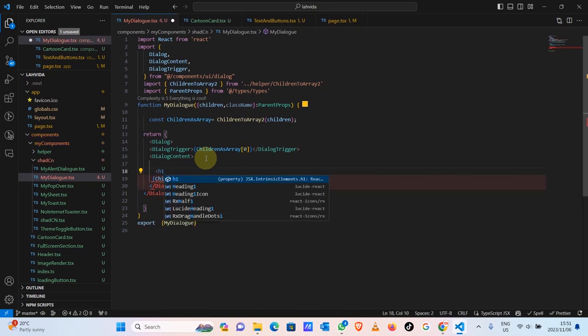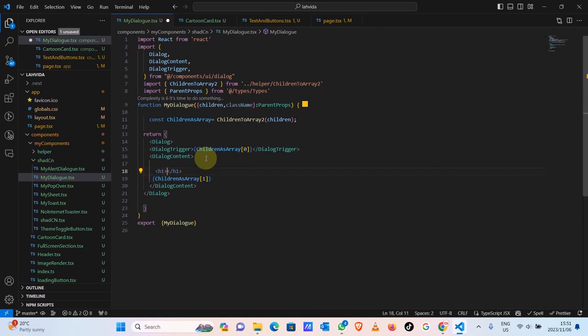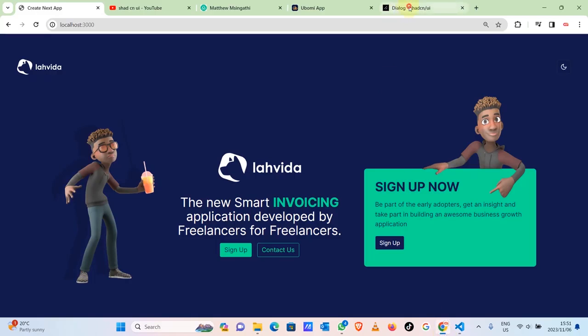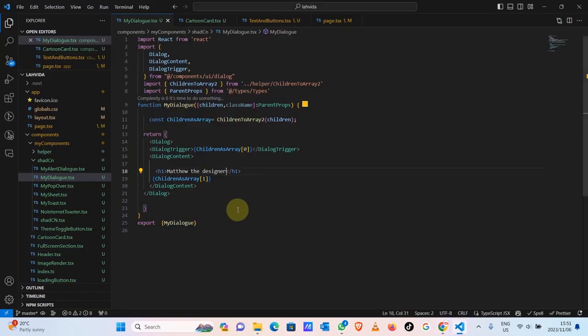Let's say h1. Let's write Matthew, the designer, and a developer is going to be long. Let's just make sure that we're doing the right thing. We want our template, which is my dialog template, composed out of Shadcn code. We've created our own template. Yes. Before we render anything,